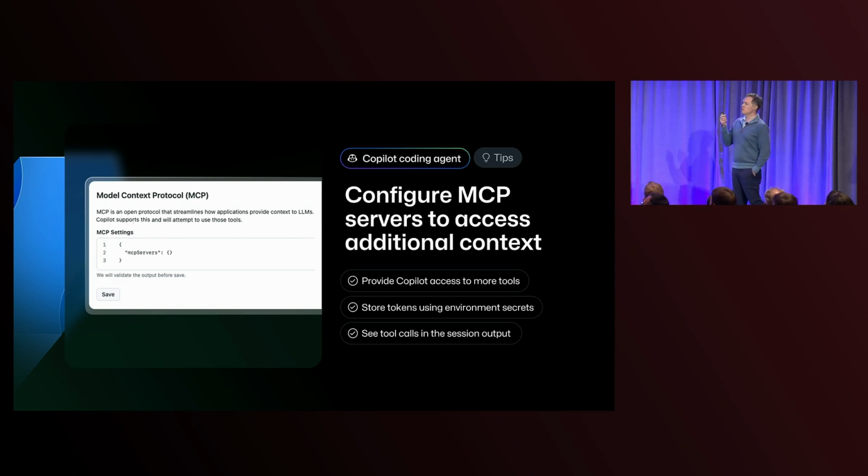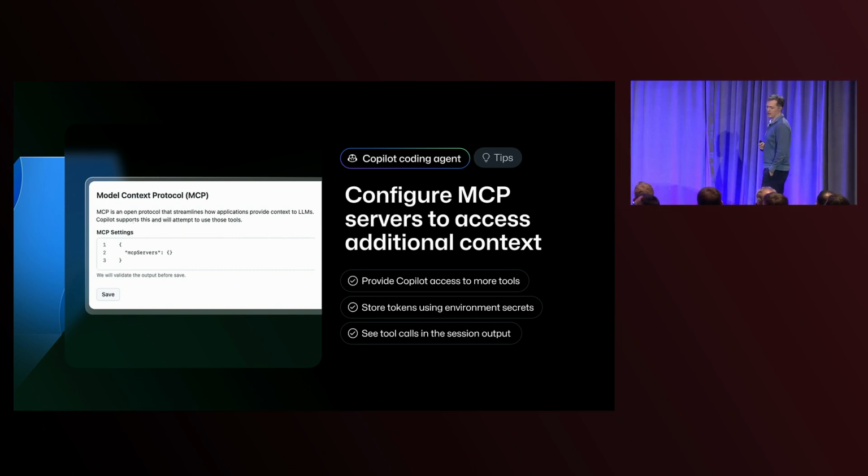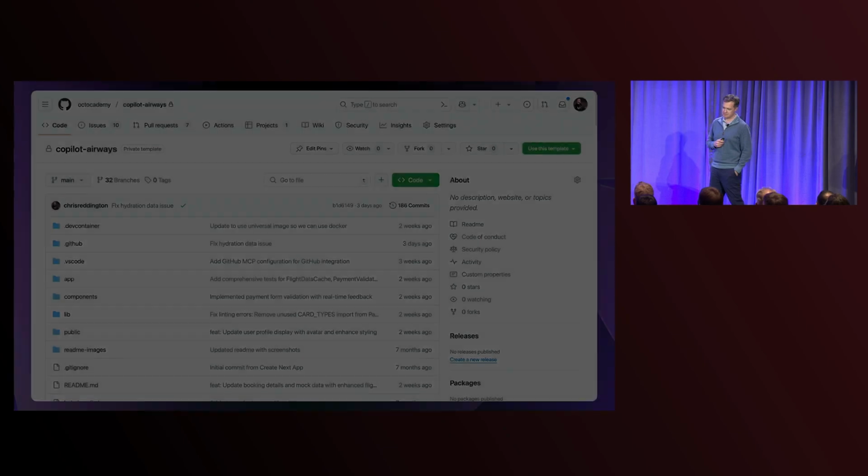And of course, the really important thing with an agent like Copilot Coding Agent is it's got a computer it can use, and it has a built-in file editor and bash command. But the more tools you can give it, the richer, the more capable it's going to be, the more context it's going to be able to have. And so giving it access to all the tools it needs to be successful is one of the things you can do to really enable it to be even more powerful for you.